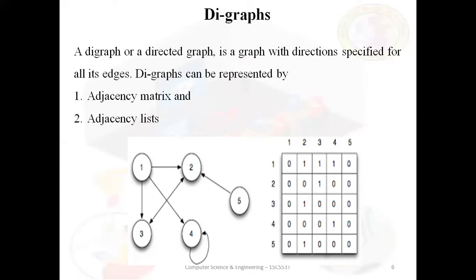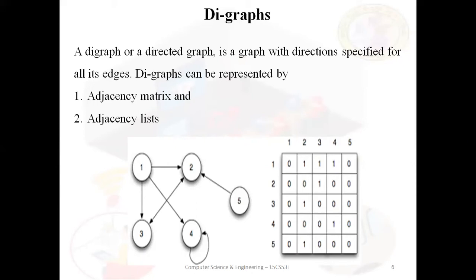In a similar way, we can represent all the other edges by using the matrix. As we can see, there is an edge from 4 to 4. It forms a cycle. So here we can see in the graph 4 to 4 there is an edge. So this is how we represent graphs by using an adjacency matrix.